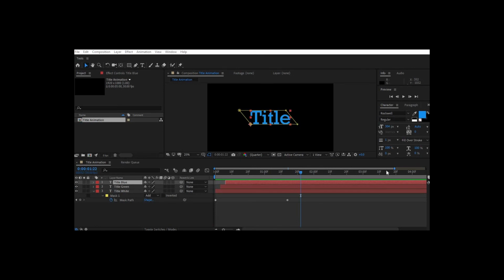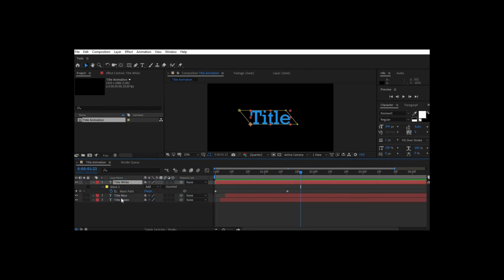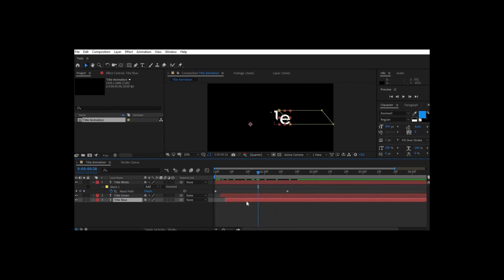Okay, if you don't want blue color as the title, if you want white color as the title, then you can just change these layer positions. Take the title white on top, take blue at the bottom, and just bring these layers back to the start position. For example, just dragging this to the start.